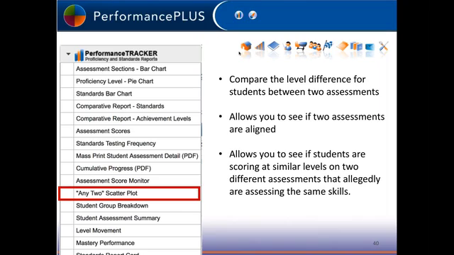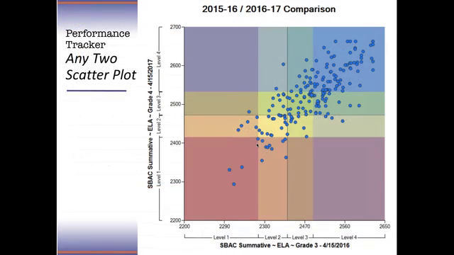The any2 scatter plot I use just because I think it's interesting. It doesn't really help me with instruction, but I think it's an interesting report. It's any2. So any 2 assessments I can choose and put them into a scatter plot. So if you look at this, I've got the ELA for third grade for 2016 and the ELA for fourth grade for 2017. So it has to be 2 assessments that the same students have taken.